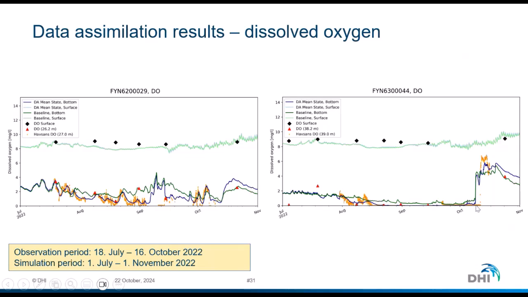One other thing is we see here at the end that the model is 1 week off from the termination of the oxygen depletion, and this 1 week offset is not improved with the data assimilation. It is actually possible to force the model to have a stronger data assimilation, so that it follows the measured dissolved oxygen at the bottom, but we would then force the model into a state where it doesn't really like to be, and then we will see instability in the model, and that's the reason for us not to choose an extremely strong data assimilation.